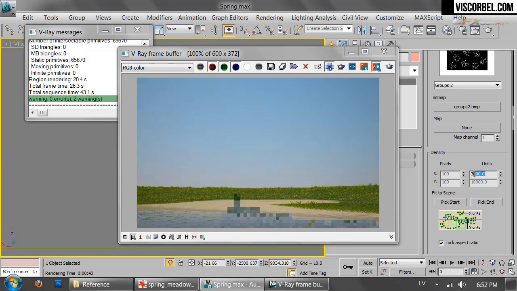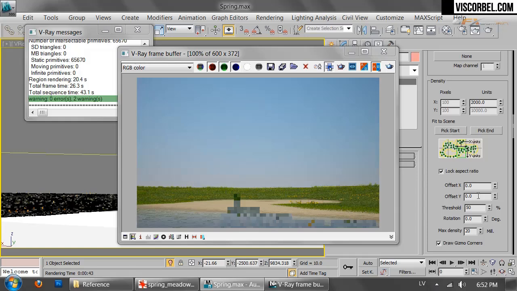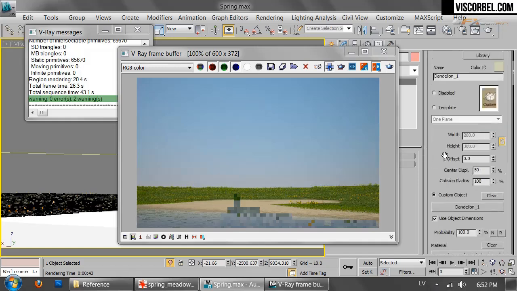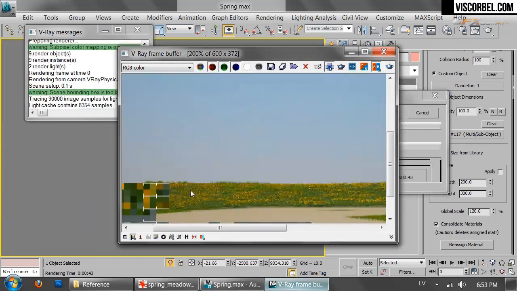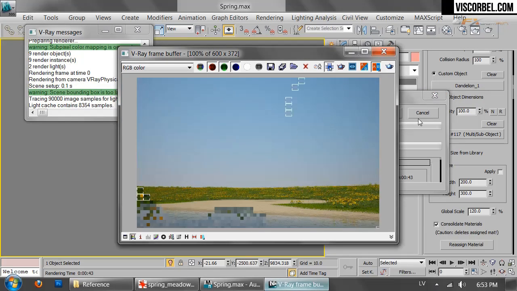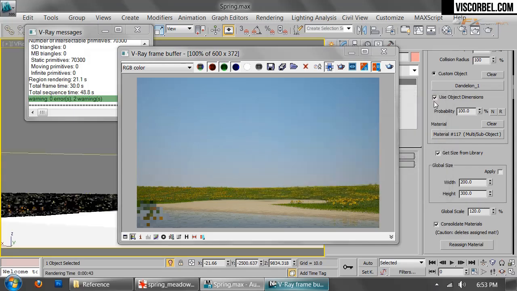Let's say we reduce that to 2000 pixels or units, and reduce the threshold to 25 and scale those flowers up to maybe 120%. Okay, the scaling is a bit too intense. Let's bring that back down to 100,